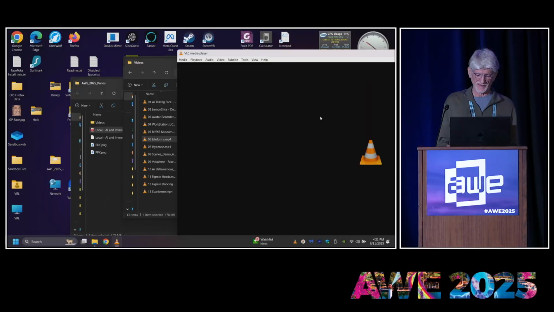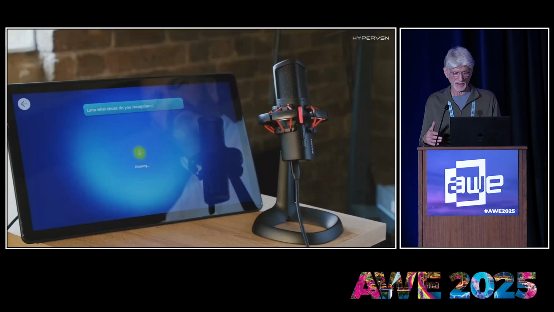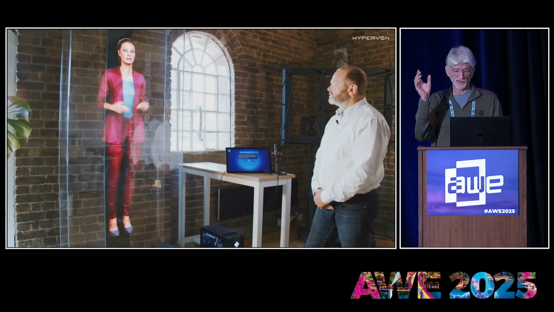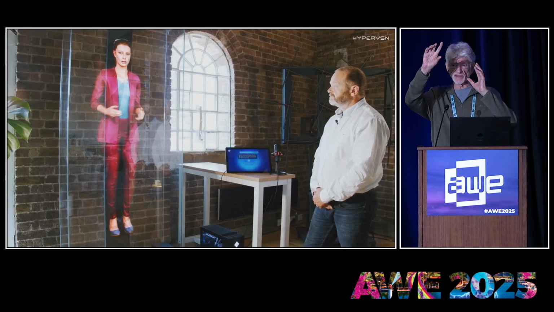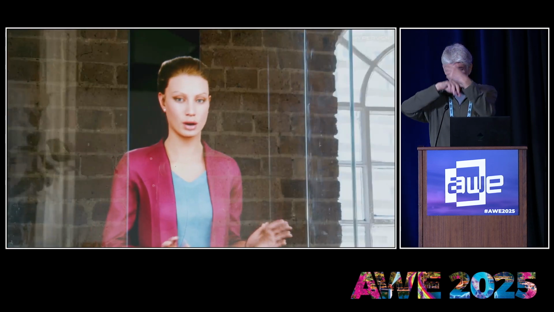Very good. And then here's another example of a platform that can be used to create a full-body avatar. It's using the Hypervision system, which is basically like 3 little fans that have LEDs on all the legs of the fan that rotates very quickly.